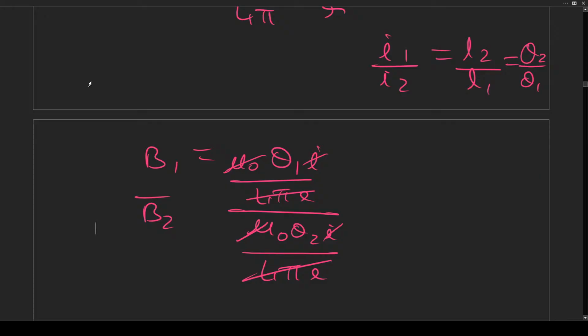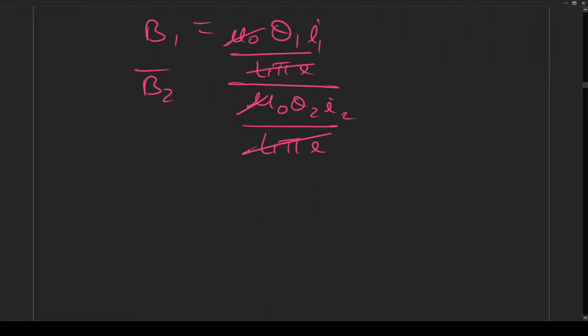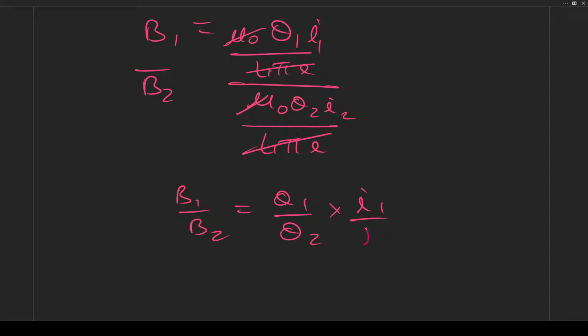Wait, I is not common. I will also not get cancelled. This is I1 and I2, which will be B1 by B2 is equal to theta 1 by theta 2 times I1 by I2,